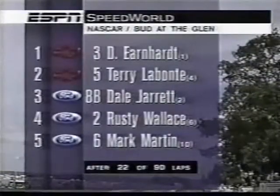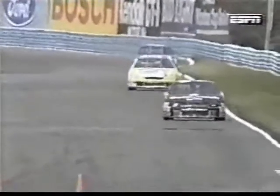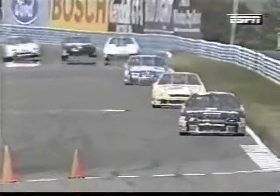Rudd having problems here in the early going of the Bud at the Glen. 23 laps completed, and the lead continues to be held by Dale Earnhardt. Back at Watkins Glen International in New York for the Bud at the Glen NASCAR Winston Cup race. We're 24 laps into this event, and here is a Fram Field summary showing you where everybody is running at